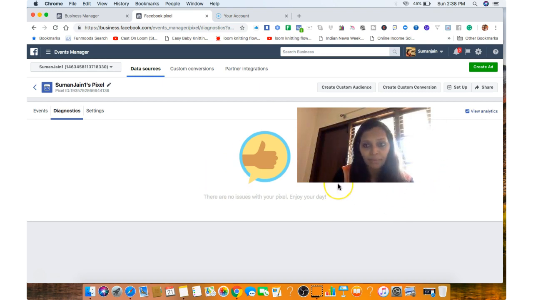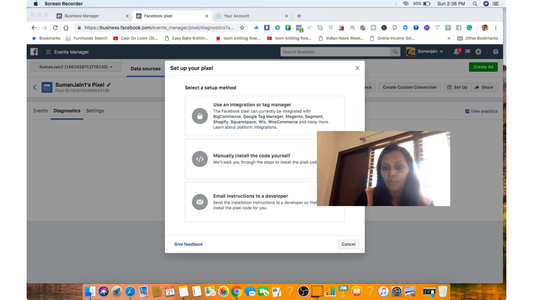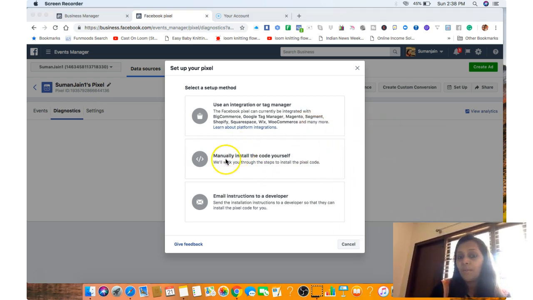So in order to set up a pixel, what is the first step you need to do? First, you enter here. You need to go here. You can see each account has a pixel ID, right? You can even share the pixel ID with your other accounts as well. Okay, so you have to click on the setup, and you need to go to manual and install